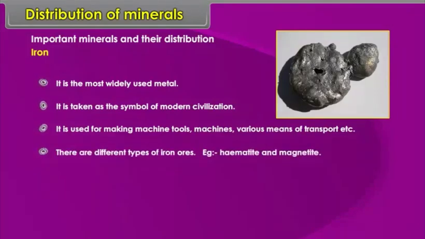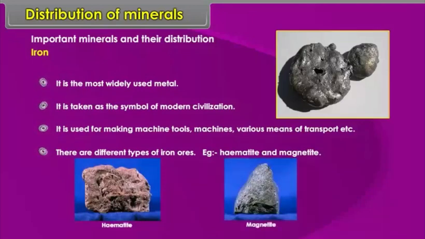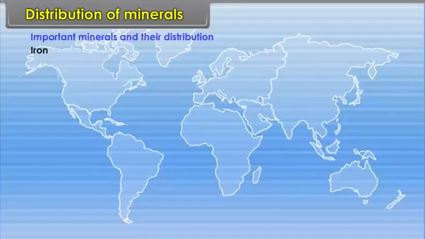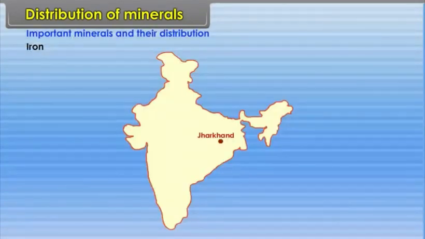There are different types of iron ores. Example: hematite and magnetite. Location: World, Ukraine, Kazakhstan, USA, China, India, Brazil, France, Germany, South Africa, etc. In India, Jharkhand, Orissa, Chhattisgarh,